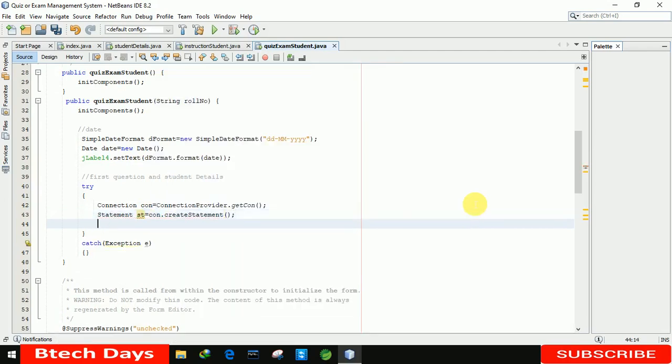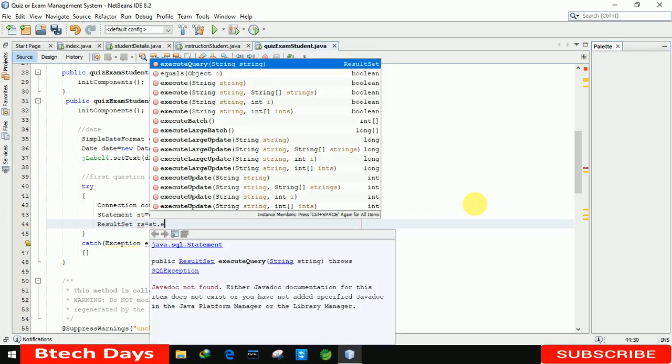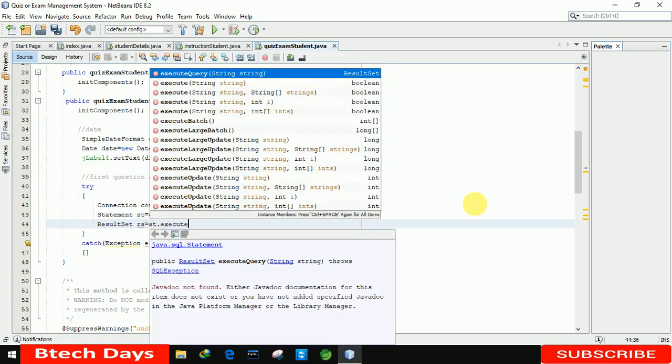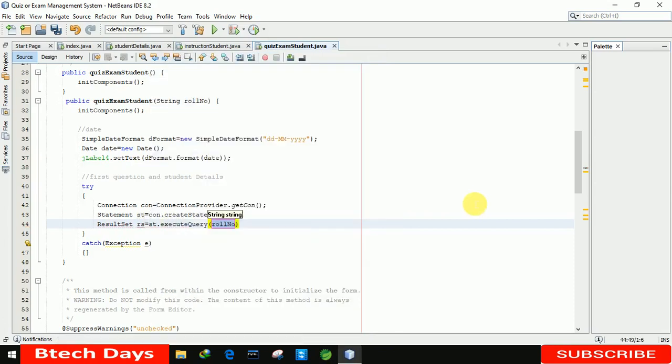After creating a statement we need ResultSet rs equals to st.executeQuery. Here you can see, and in this we need to write here